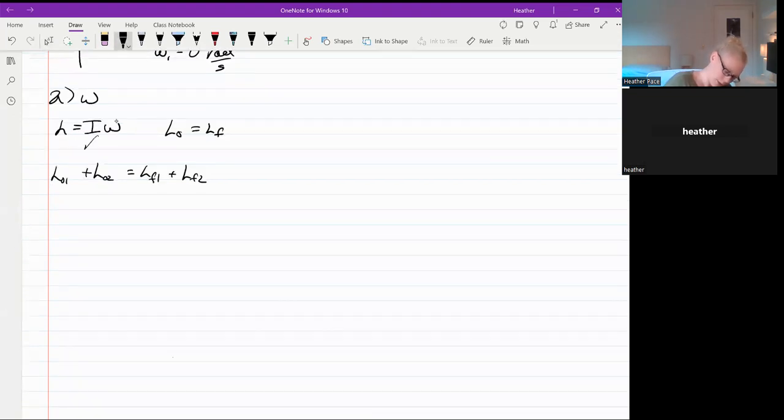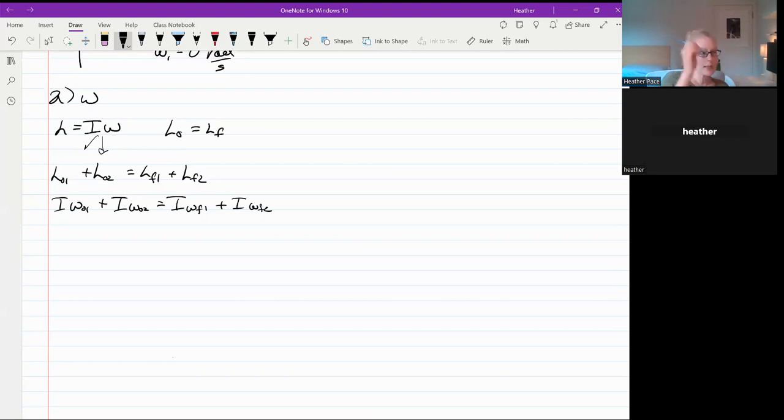And we're going to plug this in here: I omega naught 1 plus I omega naught 2 equals I omega F1 plus I omega F2. Okay, there's a couple things that we can do right away. Looks like we don't have enough information to solve for this, just looking at the equation and all the unknowns, but